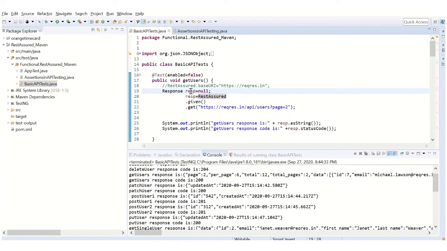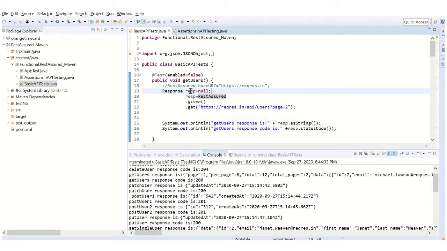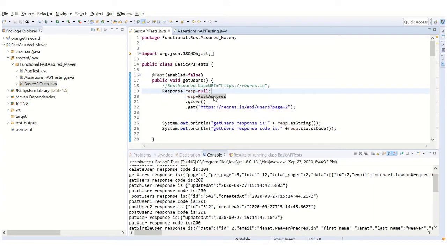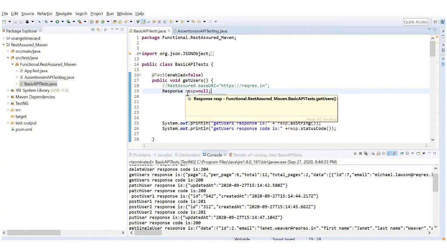And I have created an object of type Response, because I use this class to prepare a request, and when that request is sent it is going to return a response, which is again an object, a Response object.